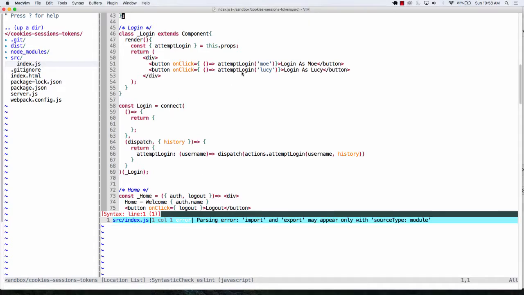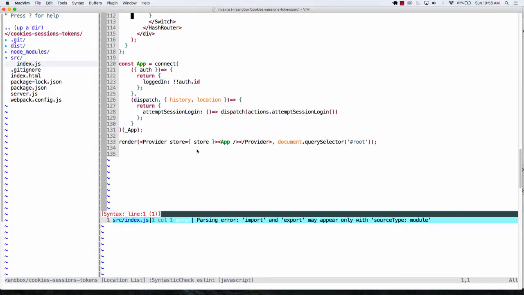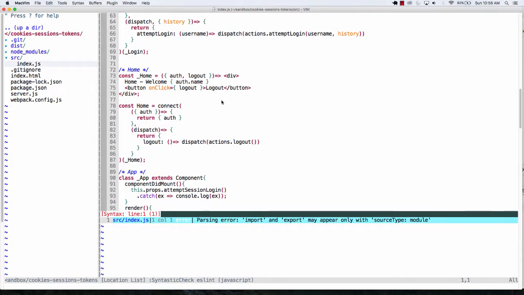So now let's focus on how these components are using these things. So a couple of things here. I've got my provider here. I've got my app. We'll take a look at the app component last here, but I've got my provider that's aware of my store. And I'm using React Redux to connect. So let's look at really